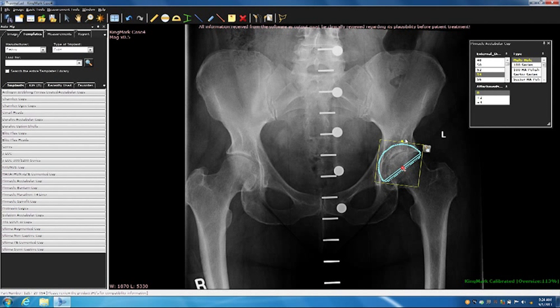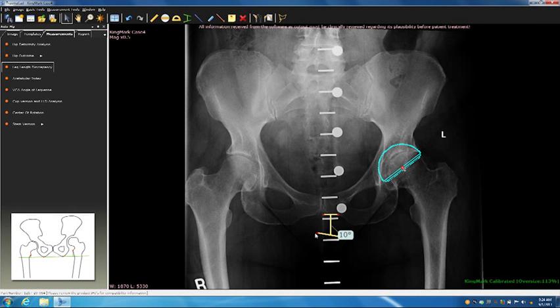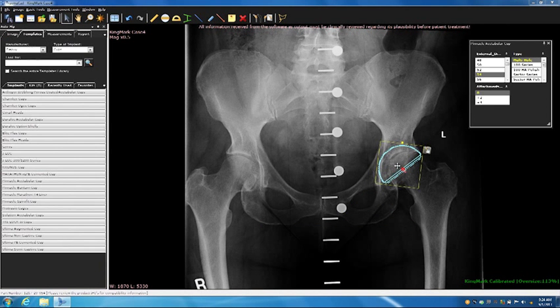If I wanted to be more precise about measuring, I could use something like the interline tool. Come in and actually tell me just how much abduction do I really have. So here I'm right about that 40 degrees that I like. Once I decide that I'm happy with my cup position,